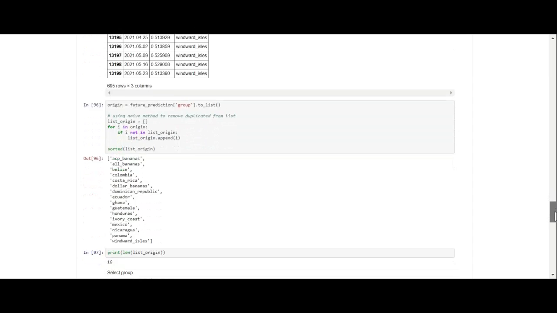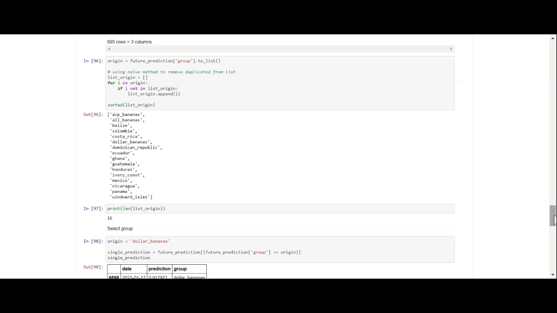Then I wanted to see all of the origins in this particular data frame, and it was 16. I guess it was 16 because those origins are dating back from about 1995, and obviously they're not using some of the origins anymore.